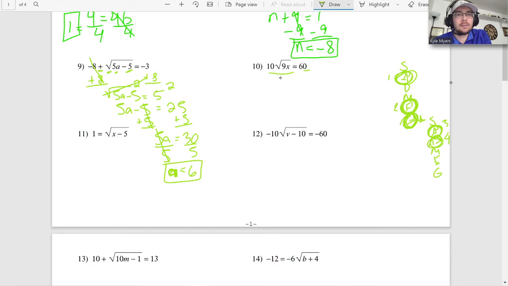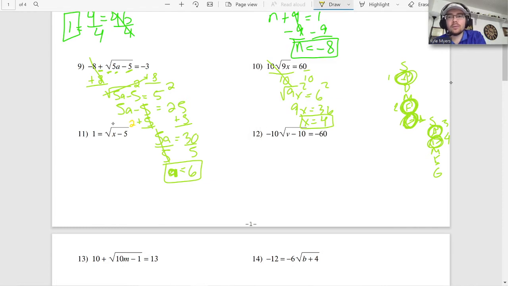This one, same thing. We've got a little bit of work to do before we unlock that square root. Okay, so this is going to be 6. Then I square. 9x equals 36. Divide both sides by 9 and I get 4. All right. Next color,